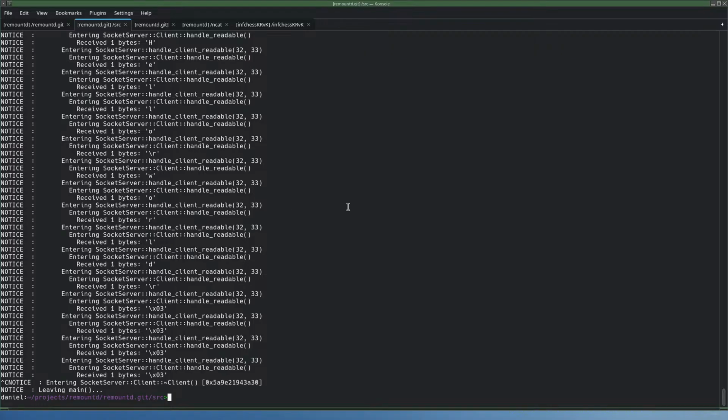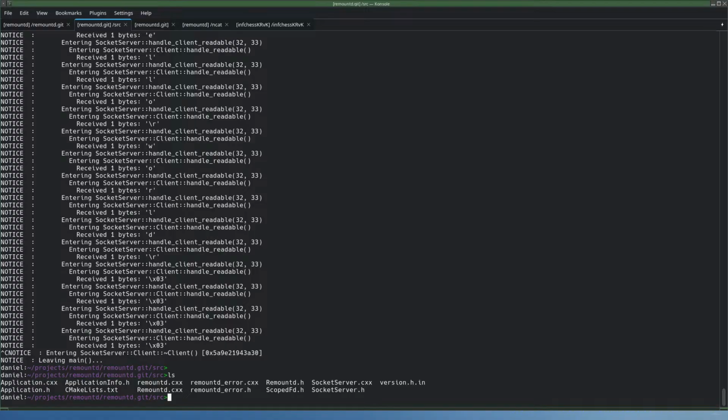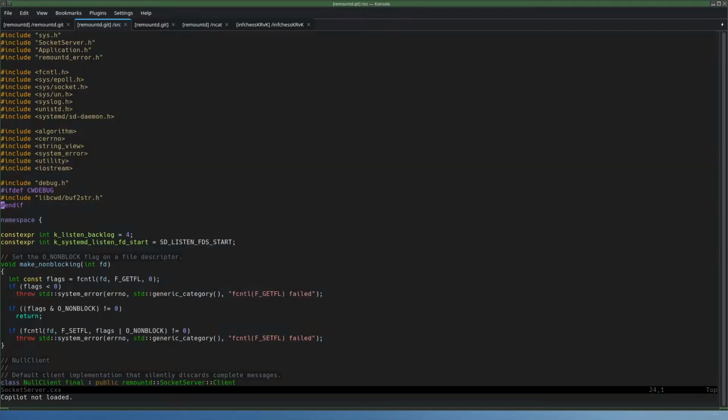Yeah, okay, so I want to handle the carriage return as well. Where is that being decoded? In the client? Probably here. Search for new line.